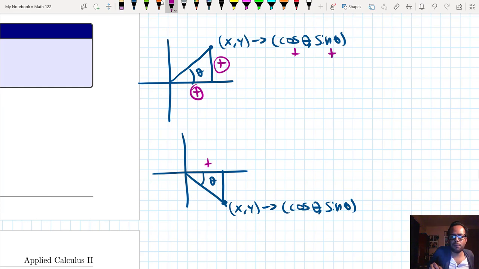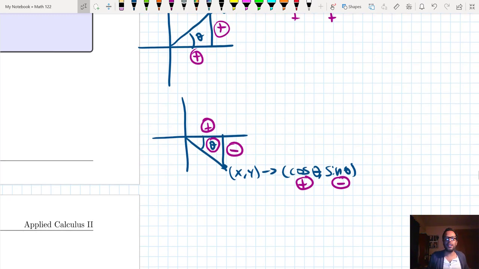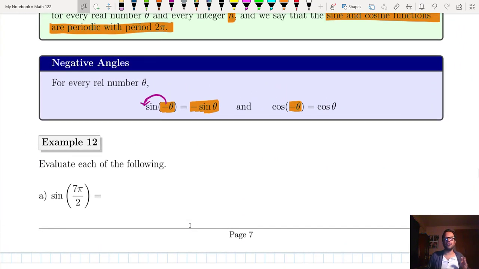The sign of x is positive, right? So that's why cosine is positive. And the sign of y is going to be negative. So that's why cosine of a negative angle is still positive, while sine of a negative angle is negative now, right? So that explains that. Another way to explain this is to think about even and odd functions, but I don't